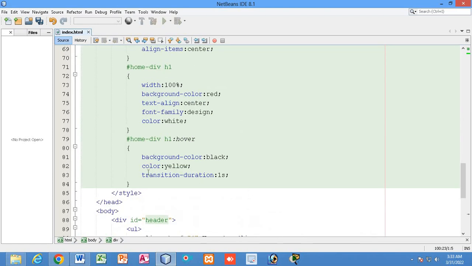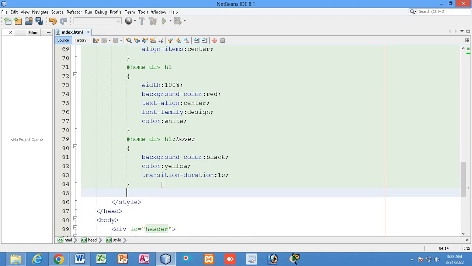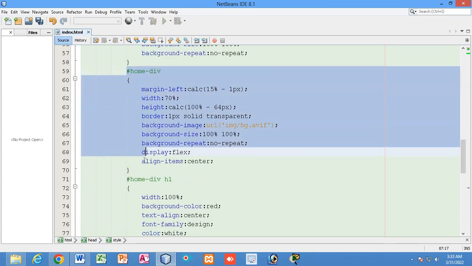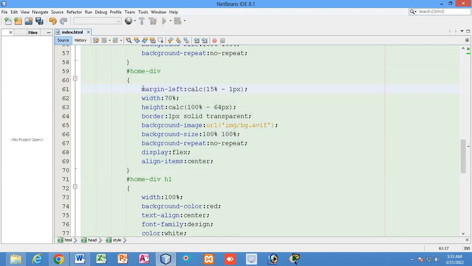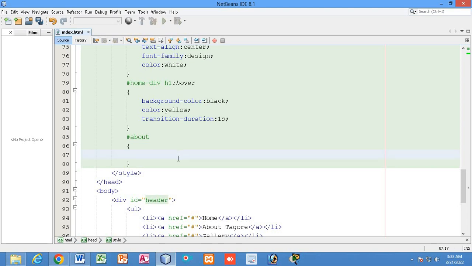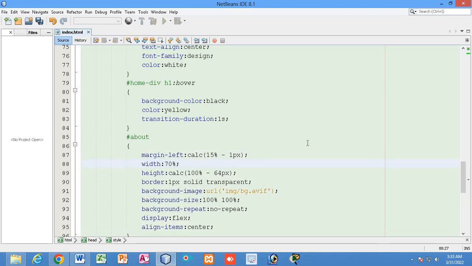So let me write the CSS for the about div over here. So what will be the CSS for the about div which I have created? If I just copy all the CSS from the home div, okay, so I have copied all the CSS from the home div, I paste it over here, and I will do certain changes.